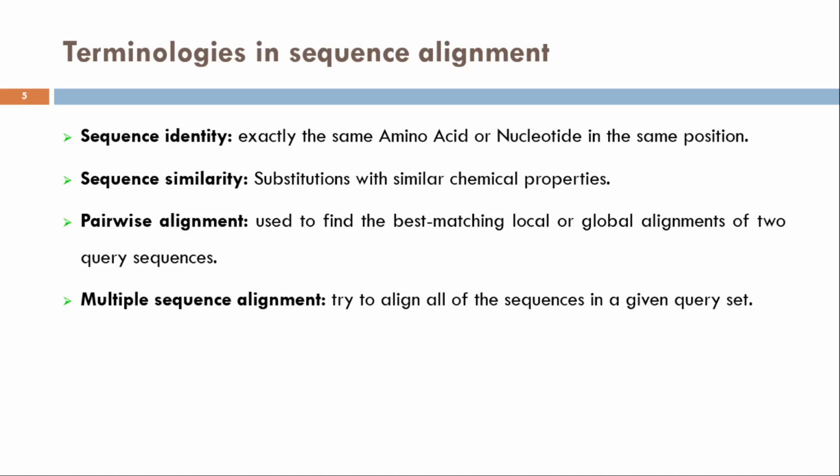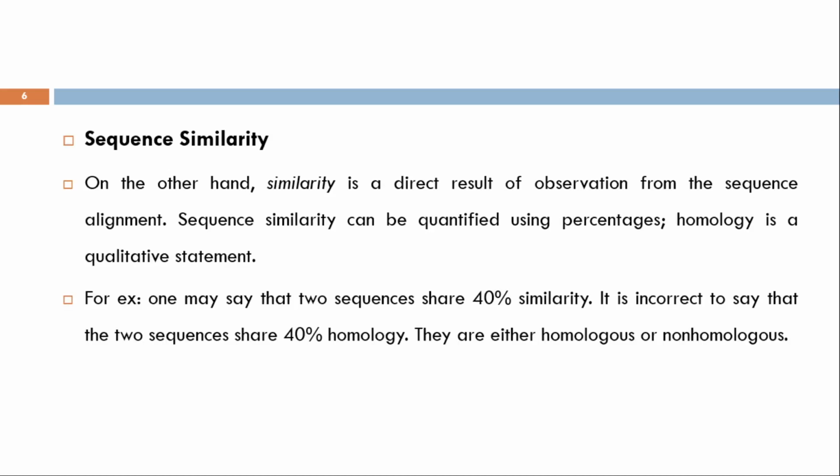Very simple. Two sequences at a time is known as pairwise. More than two sequences at a time is called a multiple sequence alignment. All right. So sequence similarity we have already talked about. On the other hand, similarity is a direct result of observation from the sequence alignment. Sequence similarity can be quantified using percentage. Obviously, we can quantify it: if your two sequences are similar, then how much percentage of the similarity